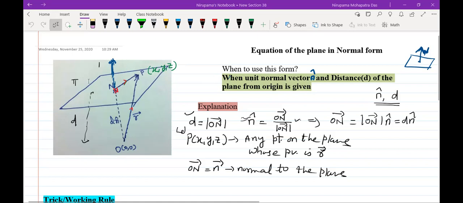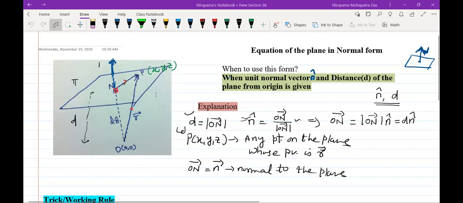So you are having this plane, you can take P, P1, phi, whatever, naming the plane. So yeah, we can see here, this is the origin, and from the origin, if we drop a perpendicular to the plane, let ON be the perpendicular to the plane from the origin. So it means we are given the distance of the plane from origin, which means the length of ON is given to us. Okay, so D equals the magnitude of the vector ON. So that is given to us.